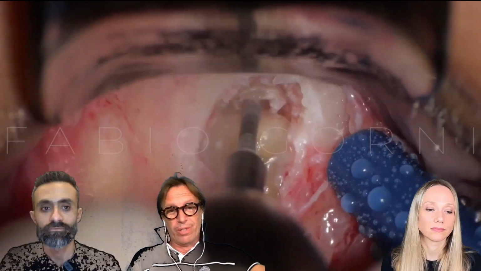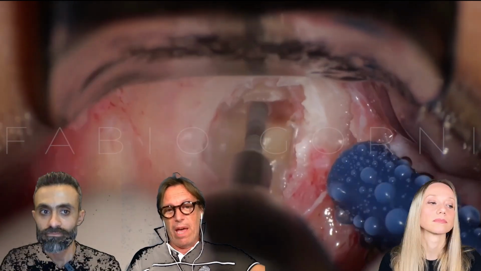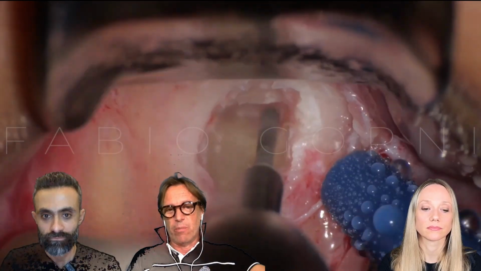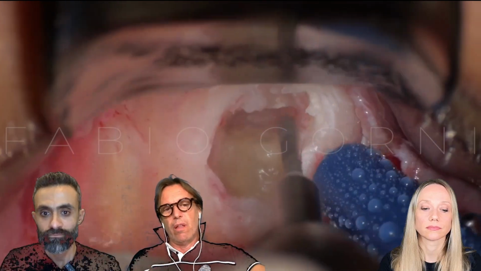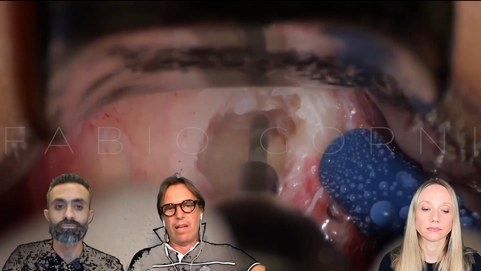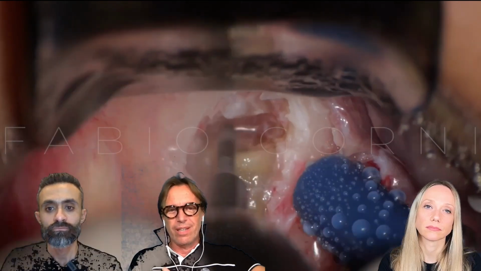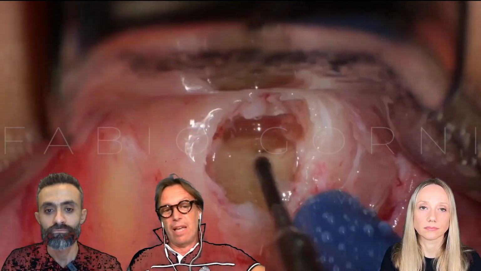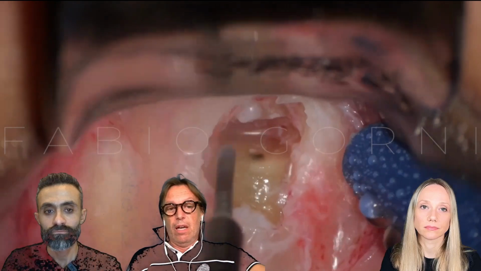And it's so important to follow the action of our burrs, especially in the back, if you want to cut the root completely, for example in the lower molar, where sometimes we are very close to the lingual cortical plate. So that's why I cannot understand why some people are using the angulated handpiece. It is absolutely not logical.